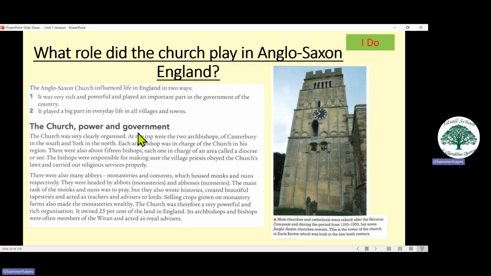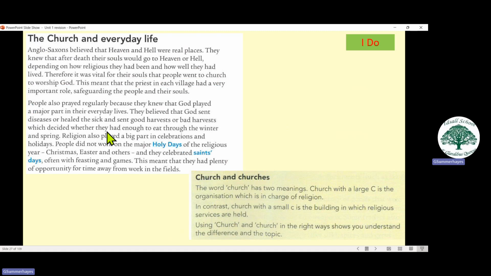Everybody believed in heaven and hell, and they believed that they would go to one or the other. So that was some sort of power that the church had as well, to make people behave the way they wanted them to. So people prayed a lot. They had days off for the holy days or holidays. So they would be thankful for the church as well. And when I say church, just remember, I don't mean just the buildings. The church is the building itself, but it's also everybody and everything within it. Just like the school can mean the building, I went into the school, but it can also mean the school as in the school community.